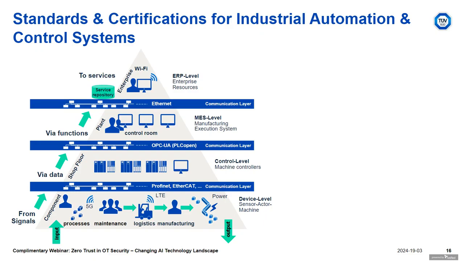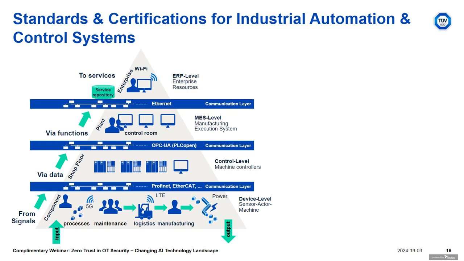If you see at the bottom of the pyramid where the components are, there are process, maintenance, logistics, manufacturing things. Like in power generation, you see this is a device level: sensor, actuator, machines which actually connect and share the data with the control systems. And these control systems, via the control rooms handling them, are all sophisticated applications managing overall services to provide a pyramid approach of any communication layers of the whole manufacturing process. This correlates with any of the manufacturing process or other domains also.